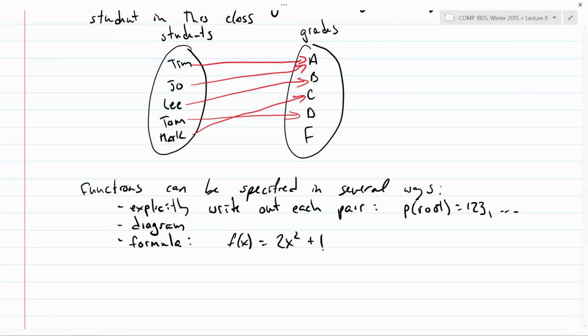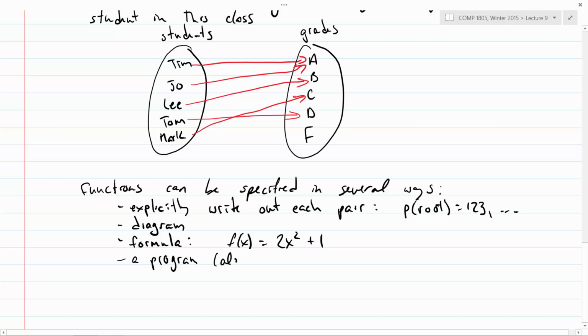And this is nice because now you've expressed a lot of input and output pairs very succinctly. Right? If x could be any integer, then I've expressed a function that has infinitely many inputs in almost no space, which is nice. All right, and then the last way to really specify a function is with a program